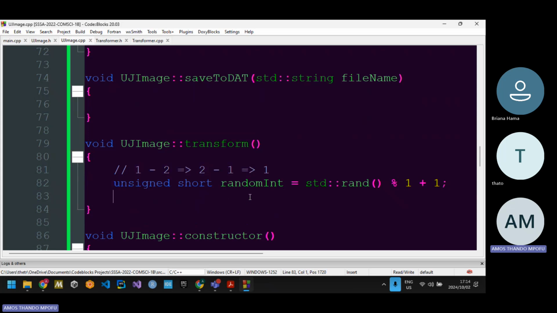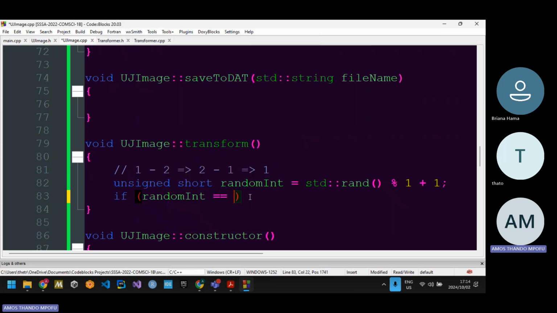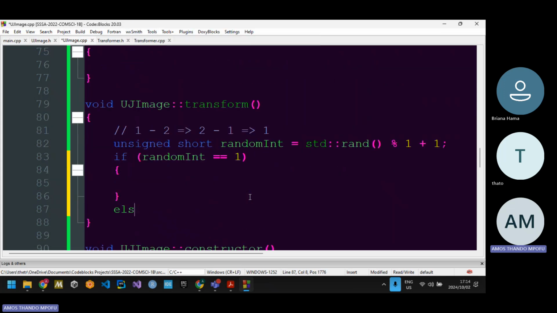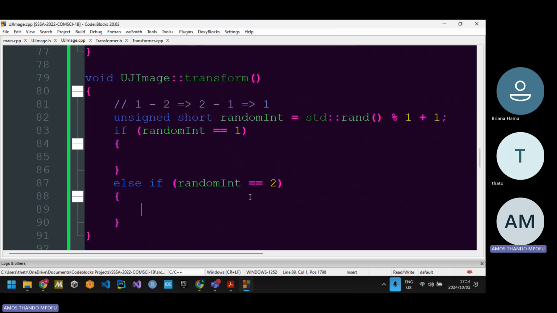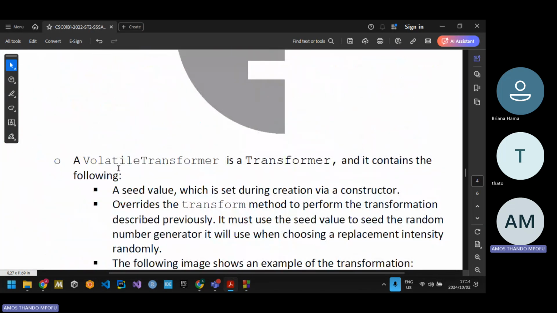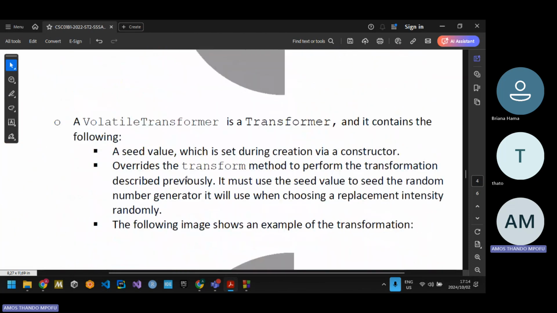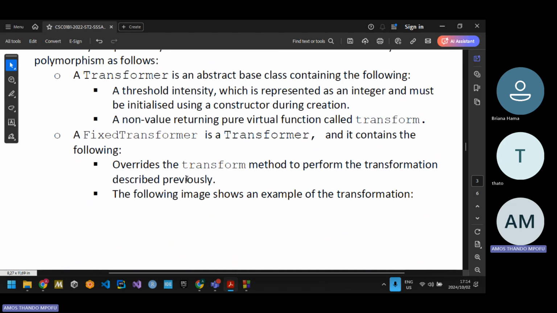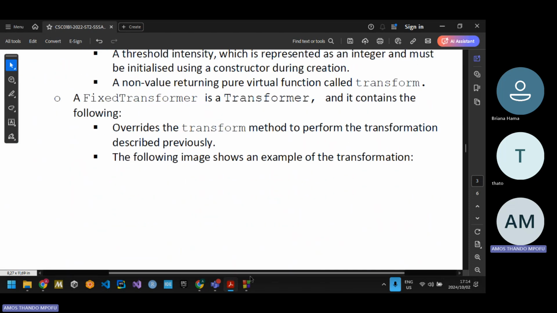Now I choose which transformer to instantiate. So I'm going to say if random int equals 1. It's up to you. You just choose randomly which one you will instantiate when it's a 1, and which one you will instantiate when it's a 2. You choose. So I would choose a volatile transformer if it's a 1. No, if it's a 1, I'll choose the other one. Which one? Volatile. Where's the other one? Yeah, a fixed transformer and a volatile. So fixed is a 1,